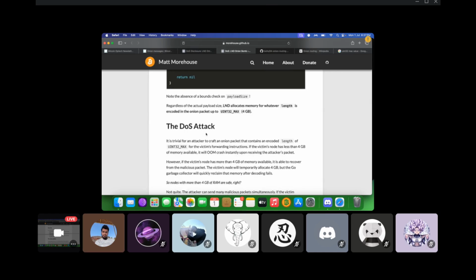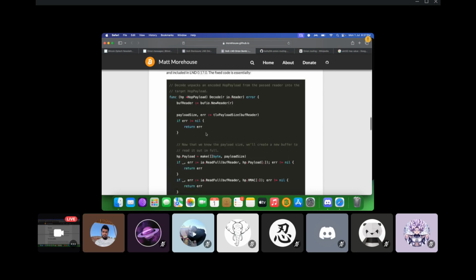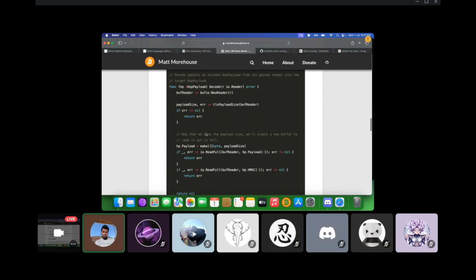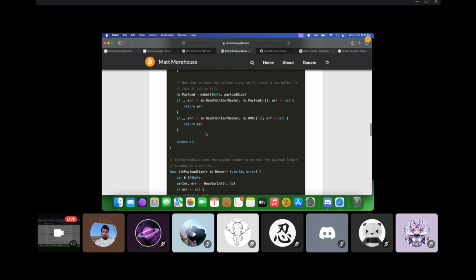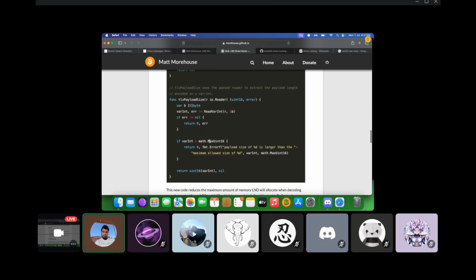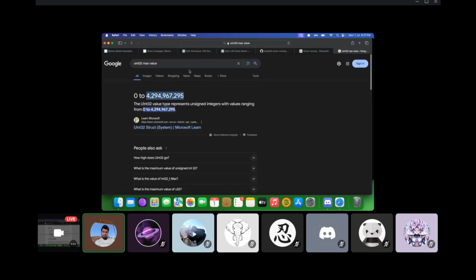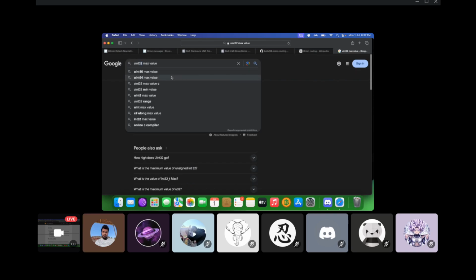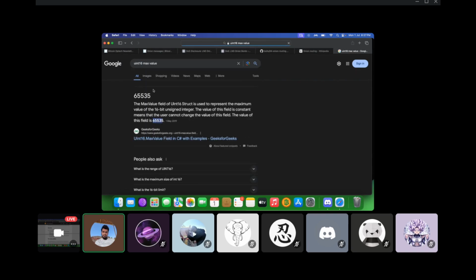How is it fixed? Now we do an upper bound check. Where is that upper bound check that we do? Yeah, here is the upper bound check. So we check the value of warrant, meaning the value of the prefix that indicates the amount of memory that needs to be allocated to pass the payload. If it is greater than uint16, what is uint16? We check uint32 is 4 GB. Let's check what uint16 is. It's 64 kb.